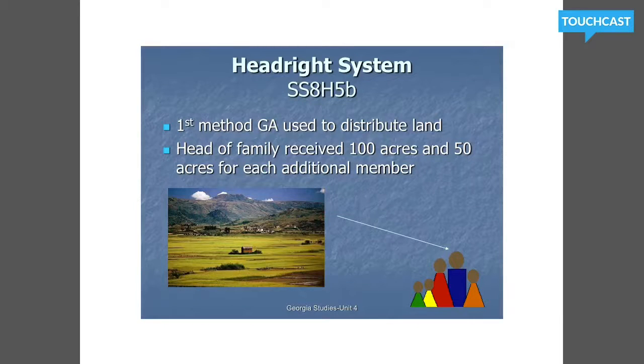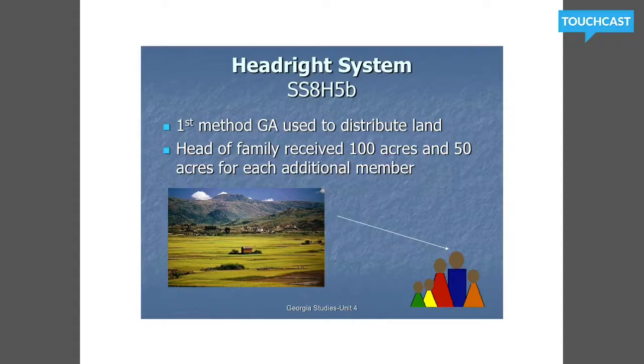So the headright system. The headright system actually goes back to the beginning of the colonies. Georgia was not the only place that used the headright system. The headright system started in Virginia, and it was used throughout the 13 colonies. It was the first method, though, that Georgia used to distribute land. And essentially it said that, if you are willing to come to the colonies, and bring your family,